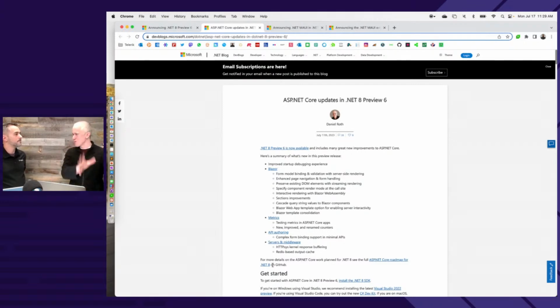If you decide the web platform just isn't enough, it doesn't have enough features for me, I need full access to the native capabilities of this device, Android, iOS, Mac, and Windows, .NET Maui does a great job of surfacing those native capabilities, and you can then marry it with a Blazor Webview to render Blazor-based UI within your native client application. .NET 8 includes a whole bunch of quality of life improvements, bug fixes, and performance enhancements to .NET Maui to make that development experience even smoother, more consistent across the various platforms.